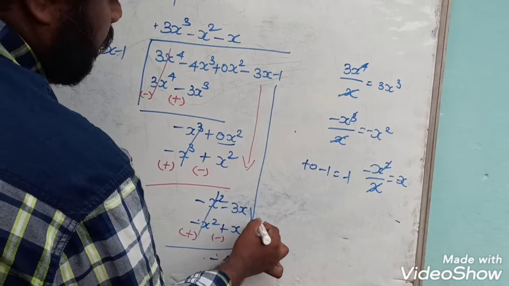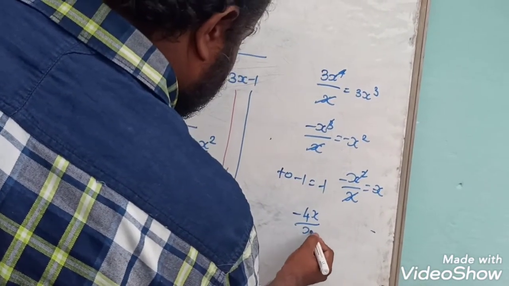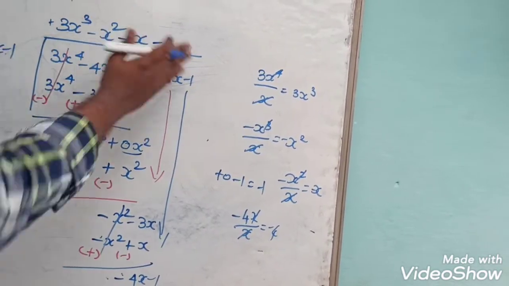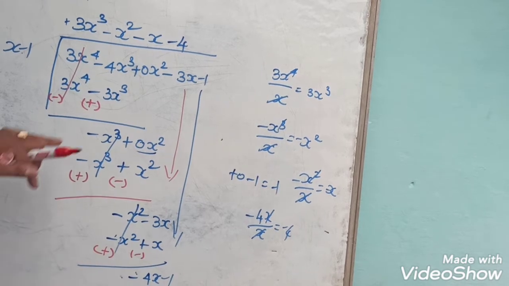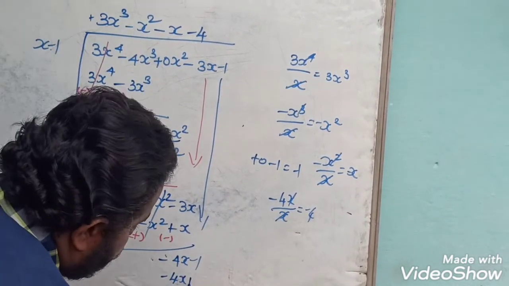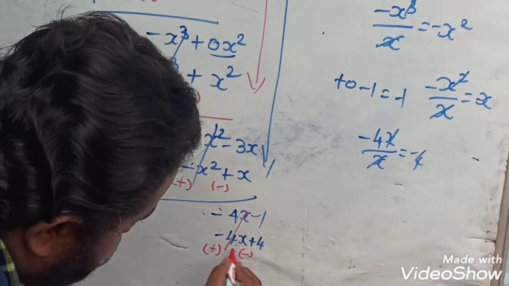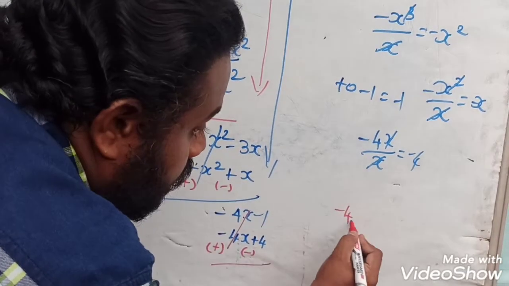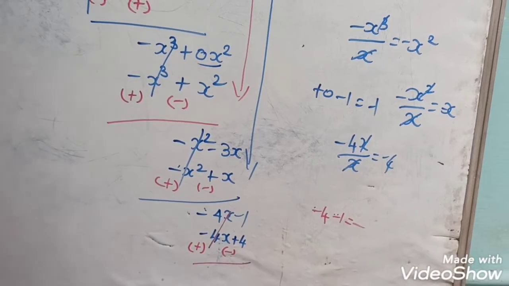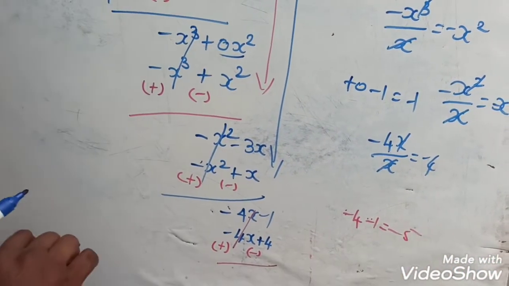Last and final term, minus 1, we take it out. Again we compare the first term, minus 4x by x, we get minus 4. Finally we multiply with the constant. Now it becomes the end. So minus 4x, minus into minus, plus 4. Again you change it, plus, minus. This one cancels. Minus 4, minus 1. So both symbols are the same, so the answer becomes minus. What is the condition for integers? The same symbol, you have to add. So 4 plus 1, 5. The answer is minus 5.